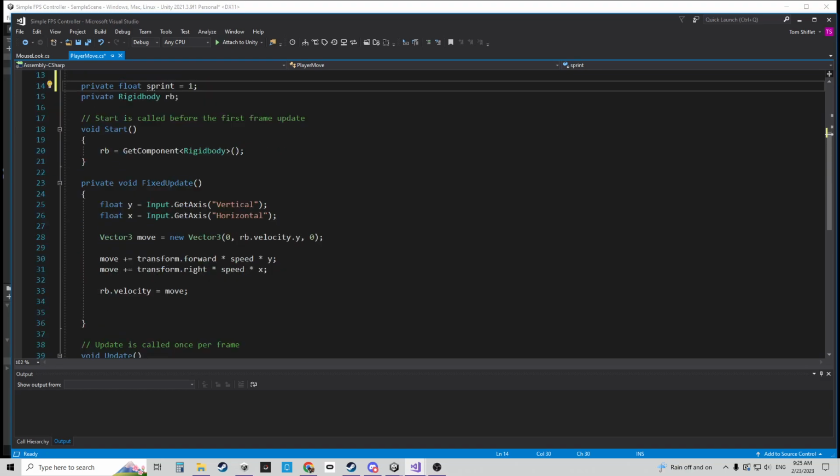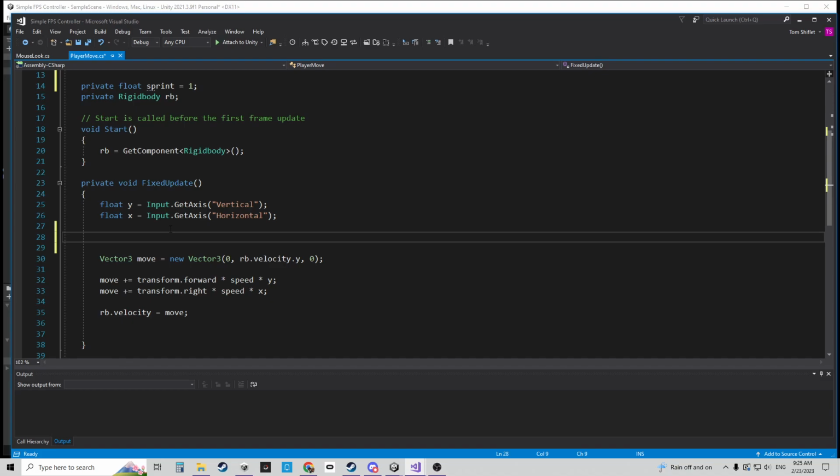And then in our fixed update, before we modify our move vector, we're going to want to check and see if they're sprinting so that we can adjust the speed here. And so we'll just keep our inputs together. And so we'll say if